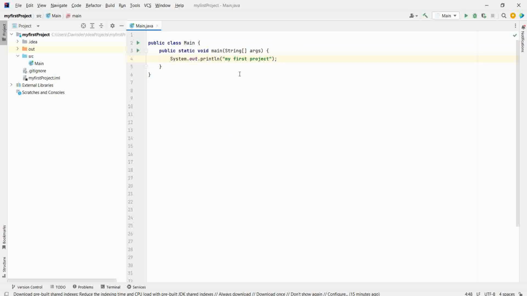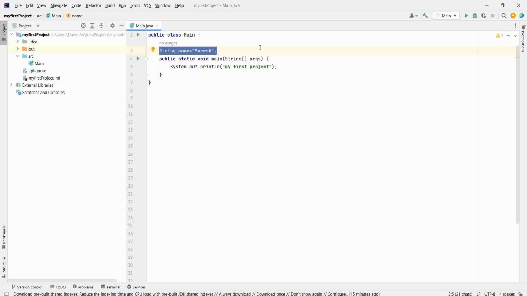Now let's learn what a Java variable is. A Java variable is something which holds a value. By this I mean, if I write String name = Suresh, in this case name is a variable which holds the value Suresh.